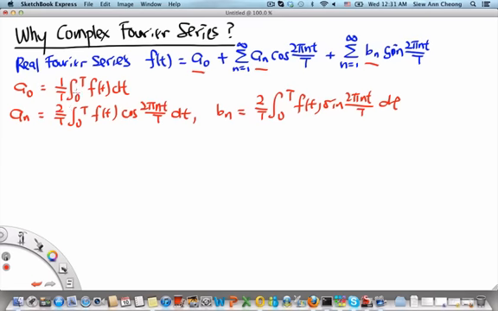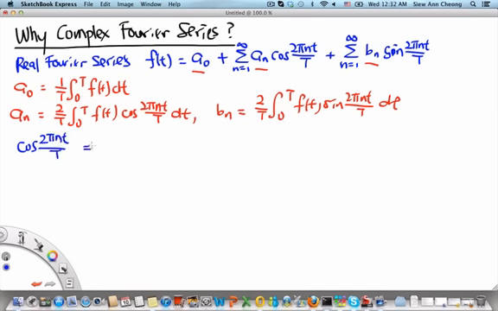Now, wouldn't it be nice if we can somehow just evaluate one single Fourier coefficient, and then we are done defining the Fourier series? And in fact, we can do this if we somehow write f of t, the real Fourier series, as a complex Fourier series. To do that, all we need to do is to remember that